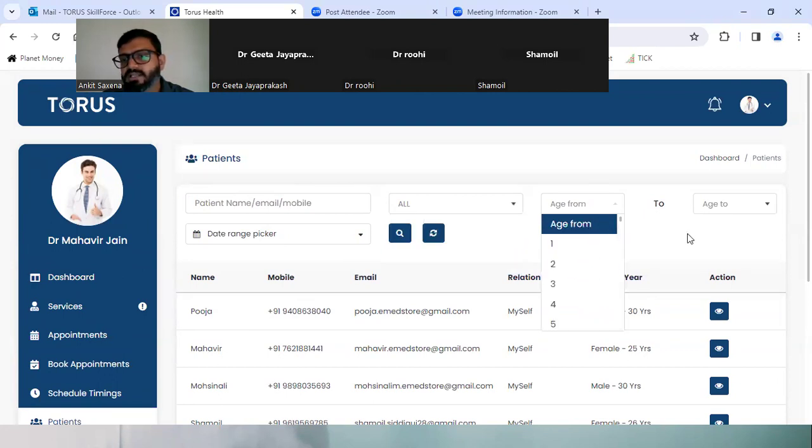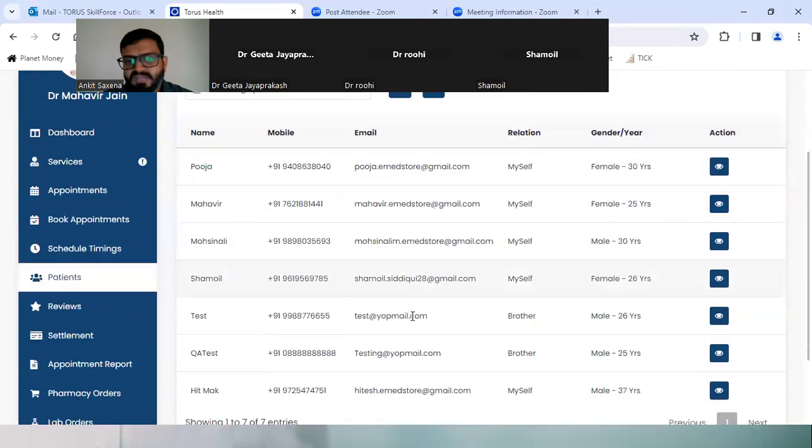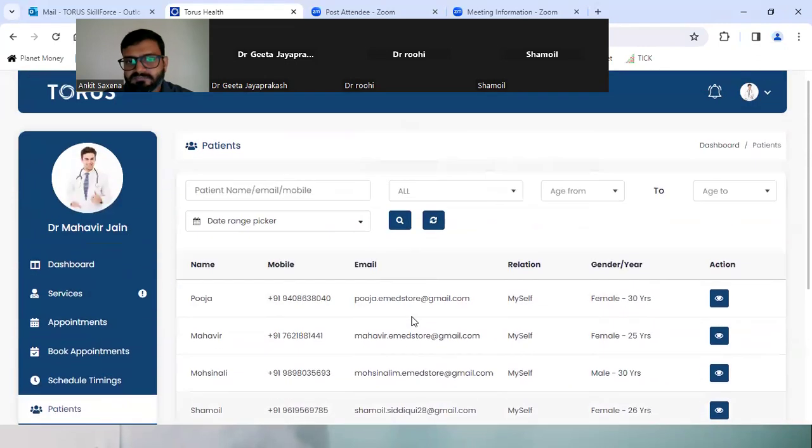You can select the range from to, and the date range, and then click on the search button, and you will find the entire details. So you can choose any of these fields to search or filter the data.